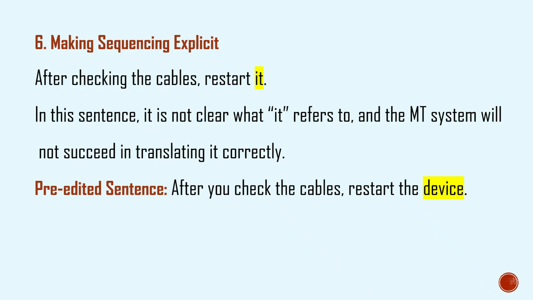The sixth pre-editing strategy is making sequencing explicit. This has to do with pronouns, references that are not clear in a sentence. We should replace them by an explicit noun in order to help the machine translation identify the reference. Let's see this example. After checking the cables, restart it. In this sentence, it is not clear what it refers to, and the machine translation system will fail translating it